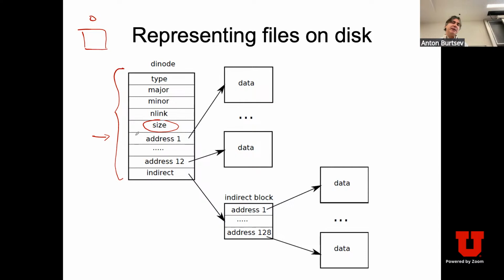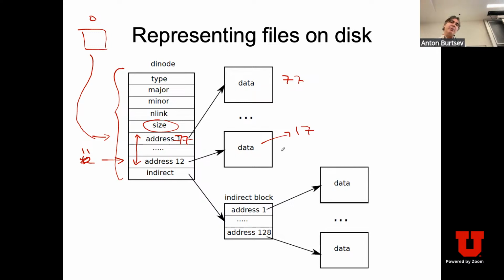In xv6, inodes have 12 direct blocks. And essentially here, you just remember that when you're reading block number 0, it will be sitting in block number 77 on disk. When you're reading number 2, you go on. When you're reading number 11,